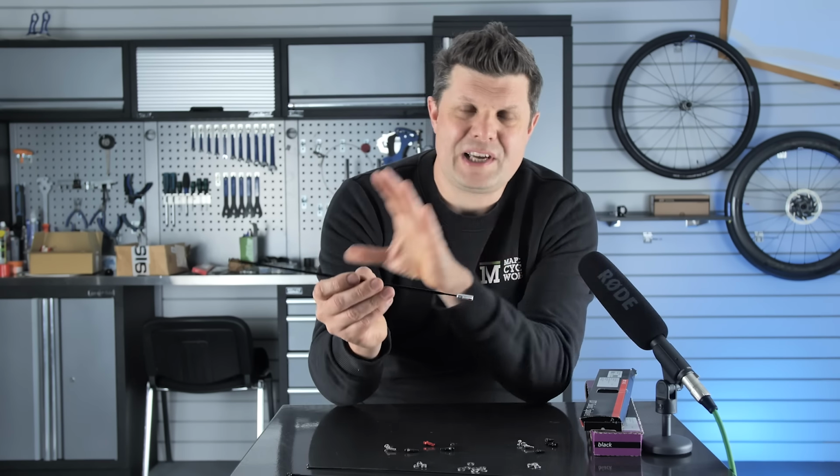Very quickly on nipple washers. Now, nipple washers are different to spoke washers. Spoke washers go on the hub end, nipple washers go in the rim, so they'll sit inside your wheel in this configuration here. Now, there are three different types. One type is this sort of three-dimensional conical shape, and these are fantastic if you need your nipple to swivel a little bit more. So these will allow that nipple to swivel just like that